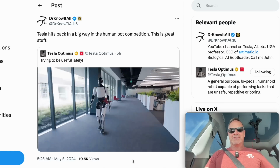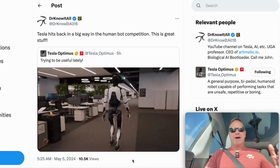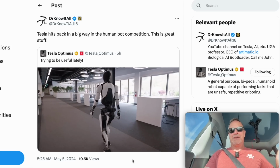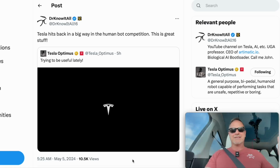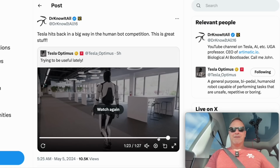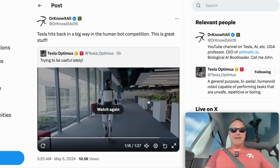It would have to feel like science fiction to see a bot walking around like this in your lab. This must have been shot maybe yesterday on a Saturday, because not very many people were there. Also, really lovely offices. I love the fact that there are plants and everything all over the place, so much light. All that stuff is really great. Before we go back and watch this again and break it down a little bit more, let us turn to